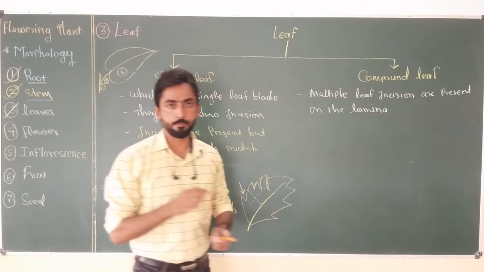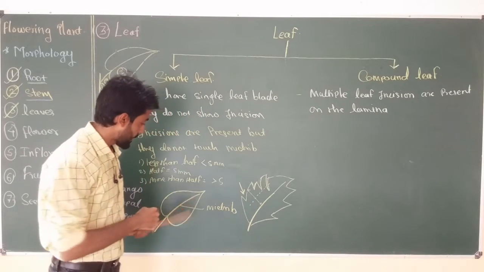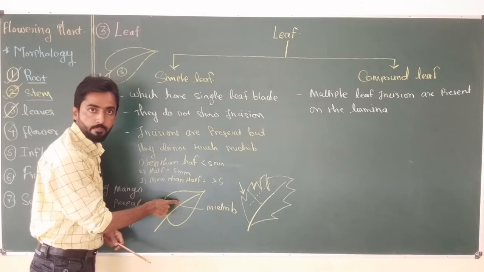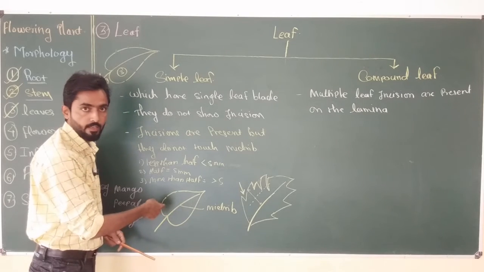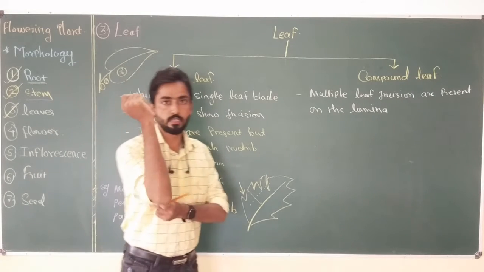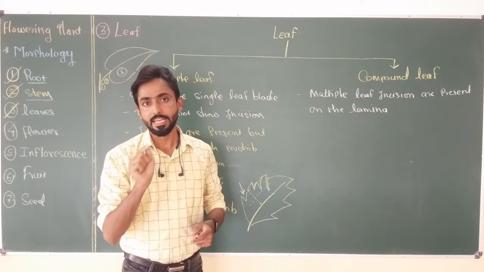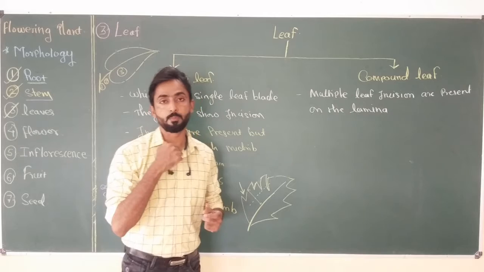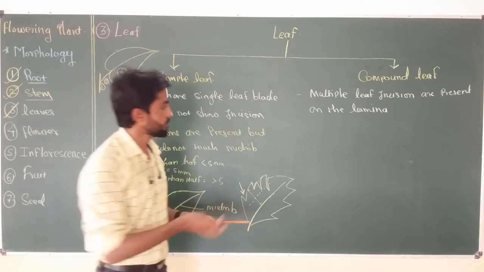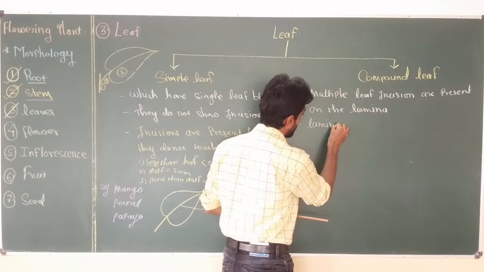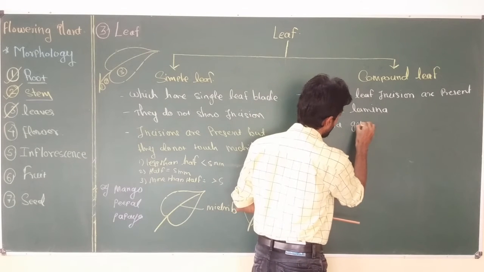Now this type of leaf shows multiple cuts on the lamina, and the cuts go directly up to the midrib or central line, due to which the leaf lamina gets divided into a number of separate segments. Each segment is called a leaflet or pinnae. So the lamina or leaf blade gets divided